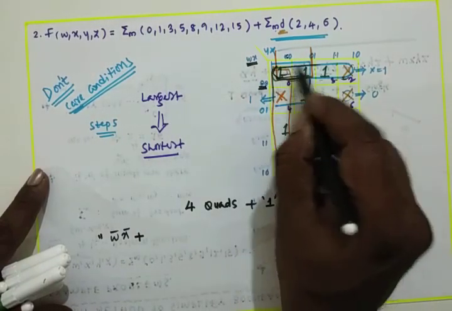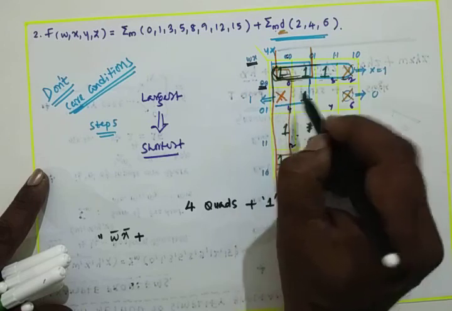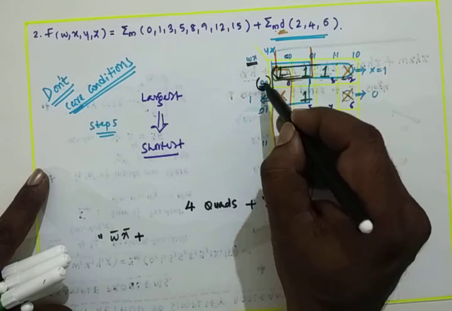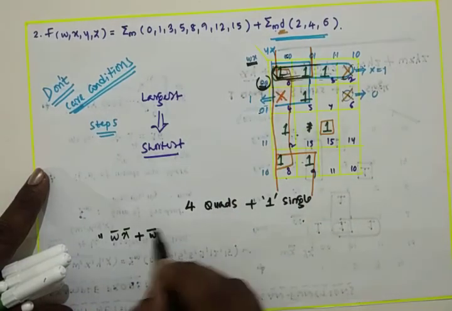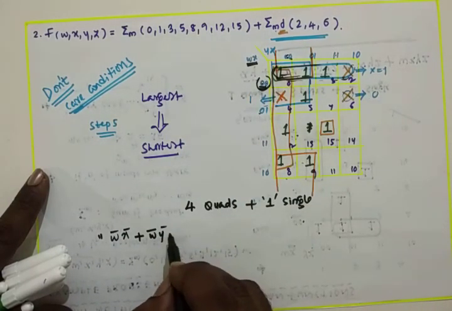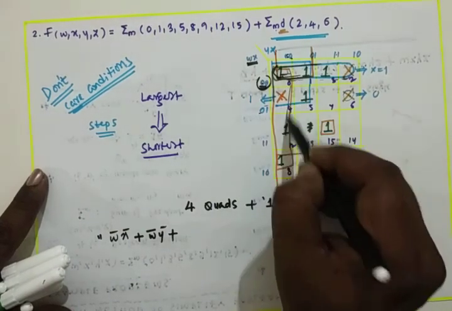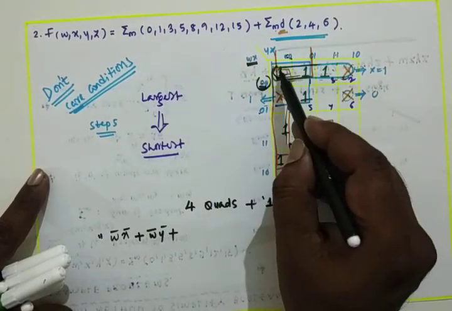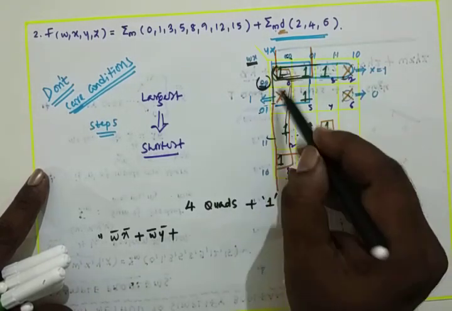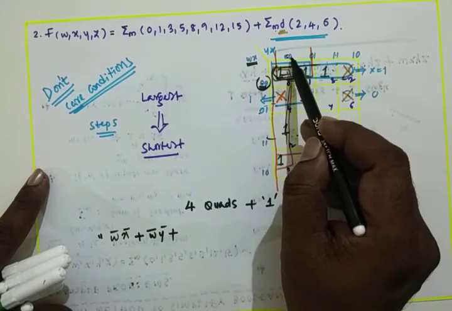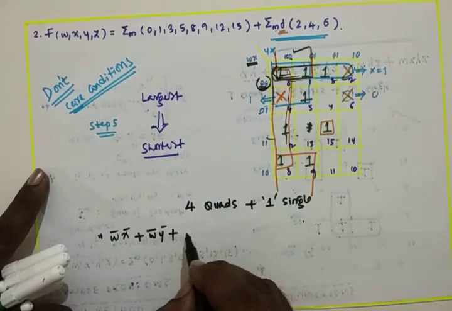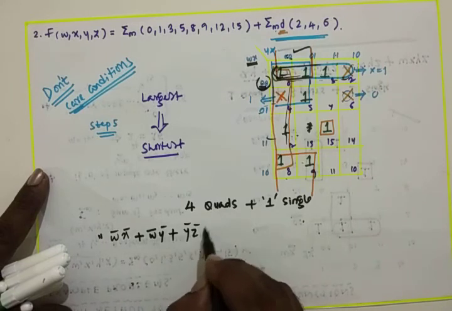And coming to this one, this is also a quad. That quad is in 2 rows and 2 columns. Rows are 0 0, 0 1. In this the common is 0, nothing but w bar, and in the columns 0 0, 0 1, 0 is common, that 0 is nothing but y bar. And coming to here, this is one more quad, and this entire quad is in 4 rows and 1 column. In 4 rows we cannot find a common term, but the quad is entirely in 1 column, that is 0 0, nothing but y bar z bar in the column.